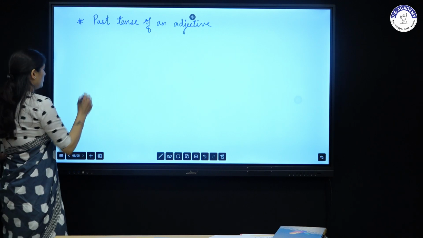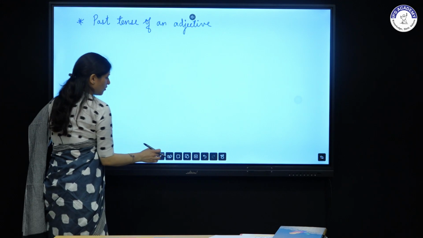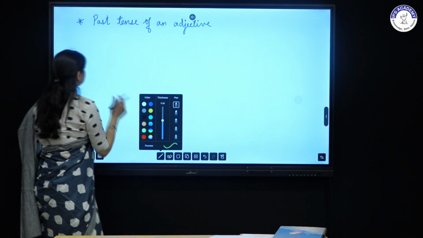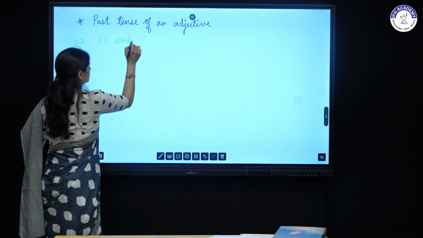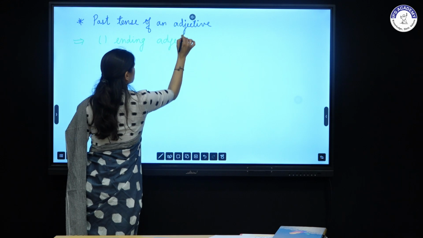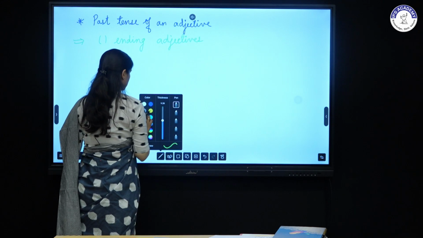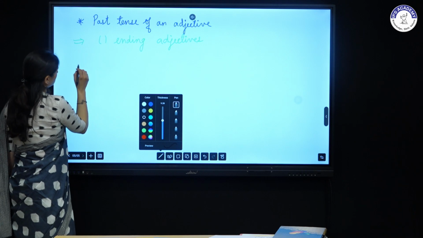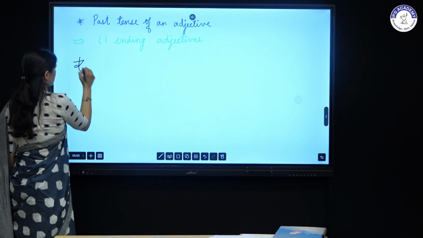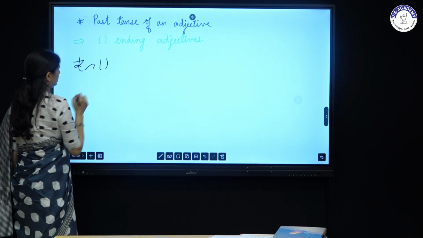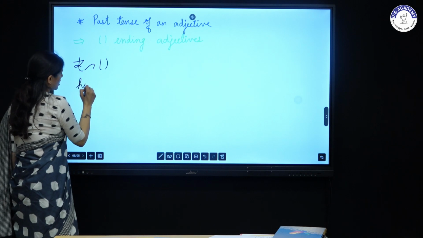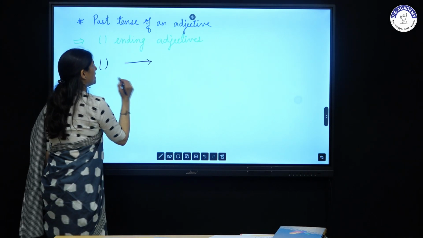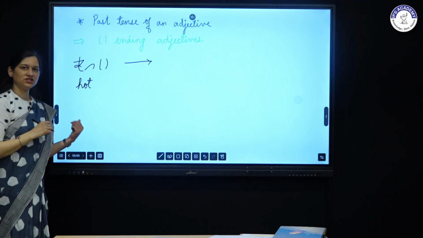So first we shall see how to form past tense of e ending adjectives. Okay, so for e ending adjectives, let us take atsui as an example. Atsui means hot. So to form the past tense of an adjective,